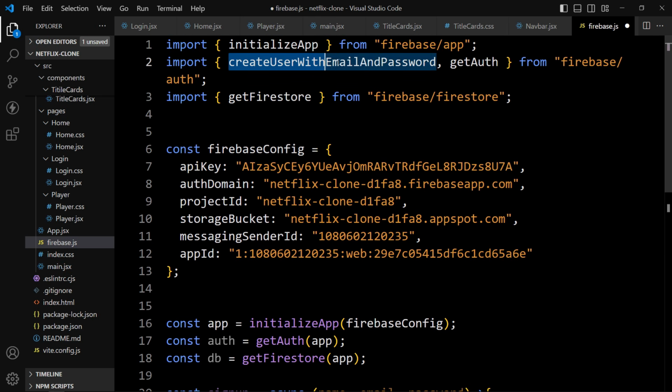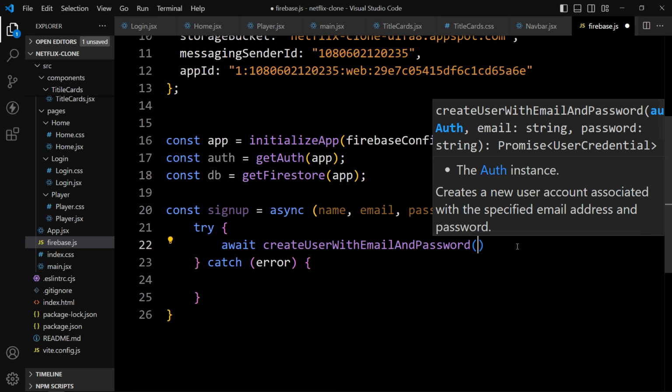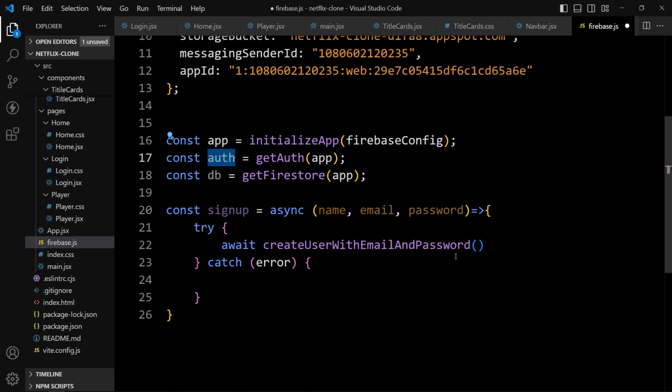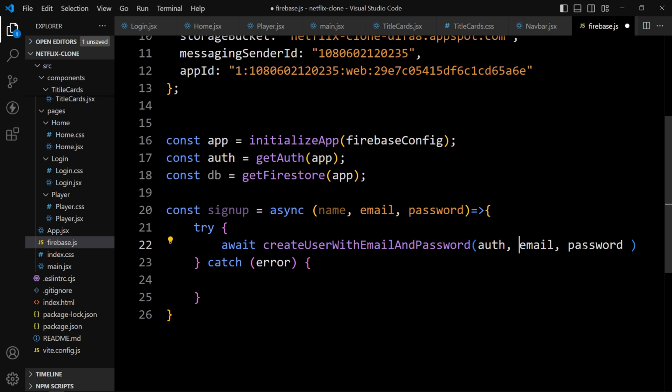So you can see it has been imported, createUserWithEmailAndPassword from this auth package. So in this one, we have to provide the auth, which is here. We have to provide this authentication. Then we will provide the email and password. So just add email and password. That's it.